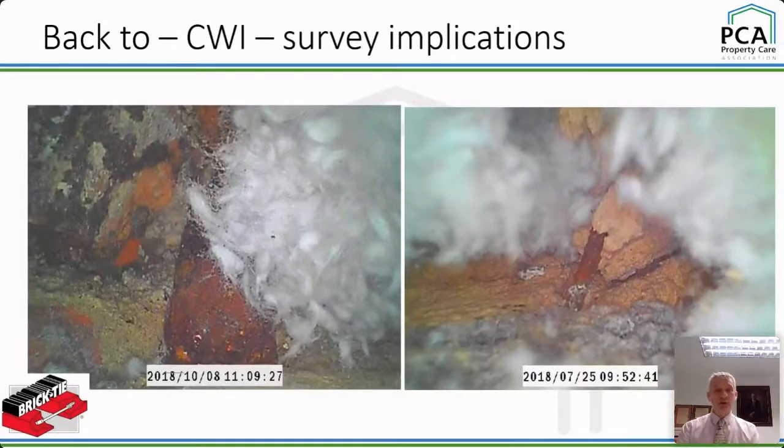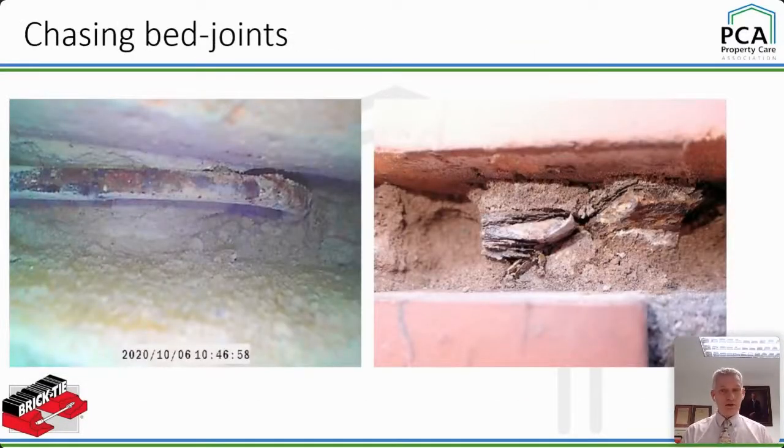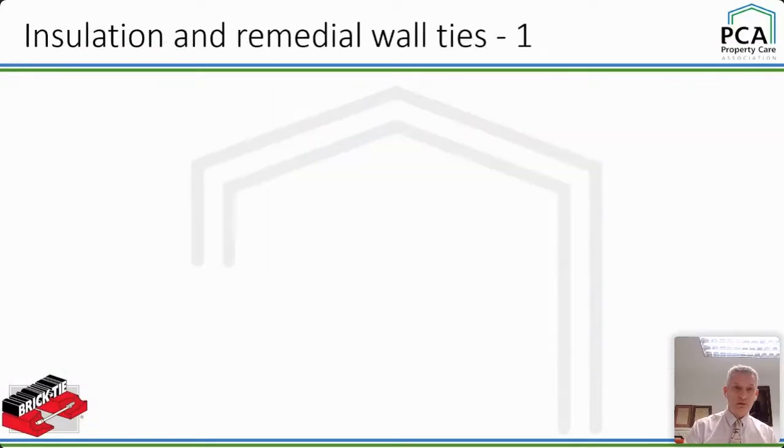Cavity wall insulation. Inspection can be carried out with a borescope with some compressed air. Big blowout bulb, you can often get some views. And as I say, if it's a done deal, i.e. if the ties are rusted, they're rusty, you know, so borescope's great for that. But of course, if it's borderline, or if they look bright and shiny, you need to chase a bed joint, okay? Or remove a brick. Some people like to do that. I don't think removing bricks is a good idea with insulated houses because the insulators don't like it. So chasing beds out is good enough. Left-hand side, nice rusty wire tie. Right-hand side, horrendously laminated and rusty fishtail tie, okay?